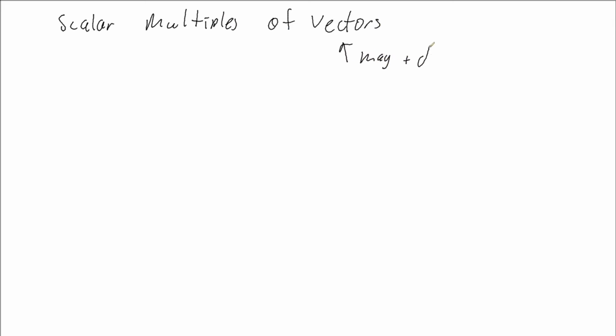Hi, in this video, I'm looking at scalar multiples of vectors. That is where we've got a vector, which remember has a magnitude and a direction, and we're going to multiply them by a scalar, which has just magnitude. So if we do have a vector, such as this vector here, which we might call vector v,